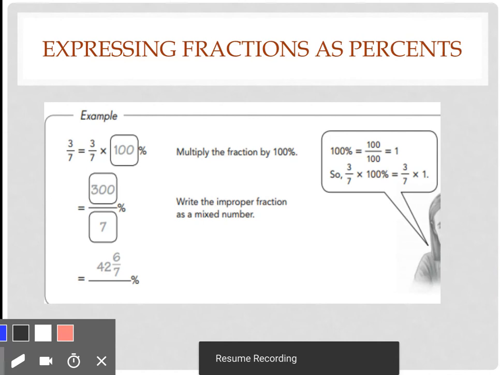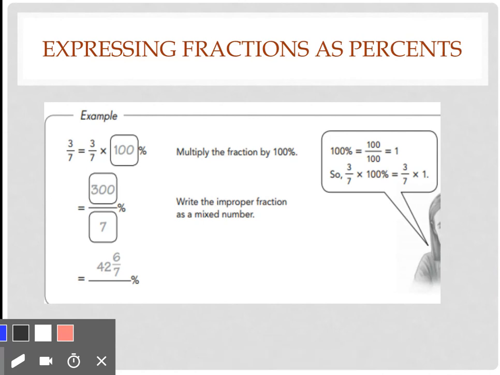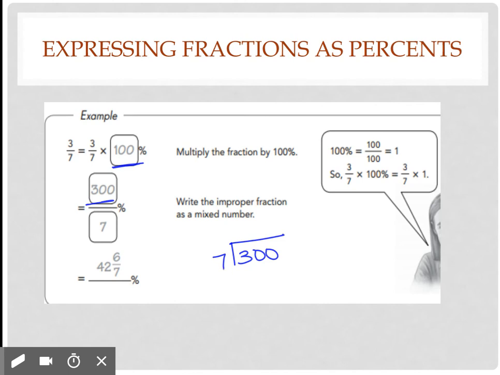All right, so first we're going to start by writing fractions as percents. So that's why we practice multiplying fractions by whole numbers, because when we have a fraction, to express it as a percent, we are going to simply multiply it by 100%. So 3/7 times 100% would be 300 over 7. And then they're doing long division to figure out what that would be as a mixed number or a decimal. You can write it either way. So they told us it's 42